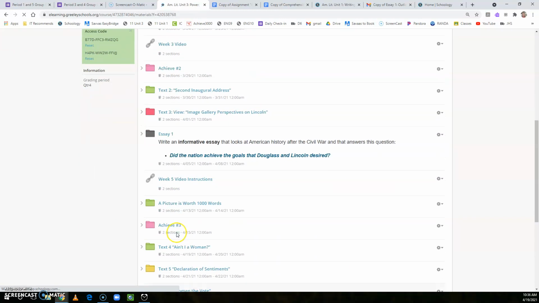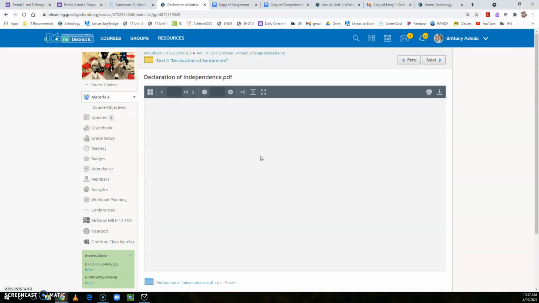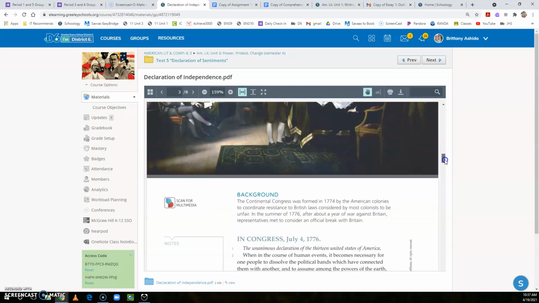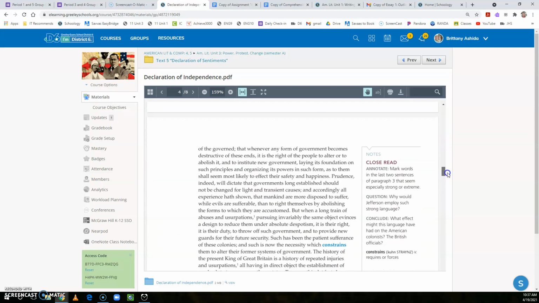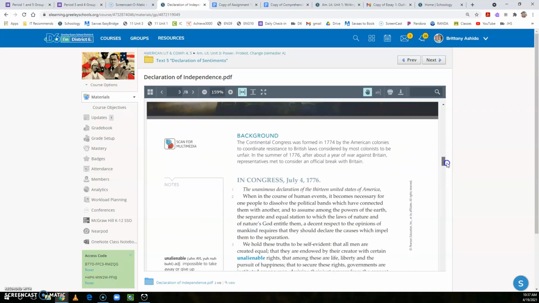Text 5 then. Declaration of Sentiments. Starts with a comment. You have a PDF of the Declaration of Independence because they are very similar. There's a reason why it's called Declaration of Sentiments, because it steals so many ideas from the Declaration of Independence. So this is the Declaration of Independence